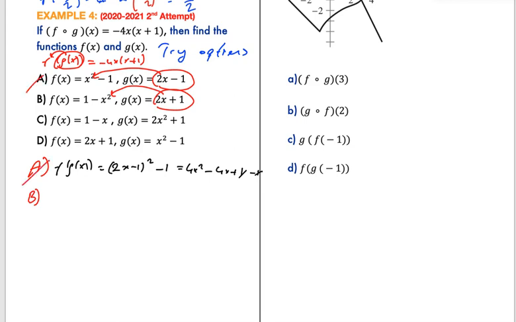Option B. What is f of g of x? Put g into f and see what happens. 1 minus x, which becomes 2x minus 1 squared. So 1 minus, do the expansion as I did here. 4x squared minus 4x plus 1. And distribute this minus to the bracket. Becomes 1 minus 4x squared plus